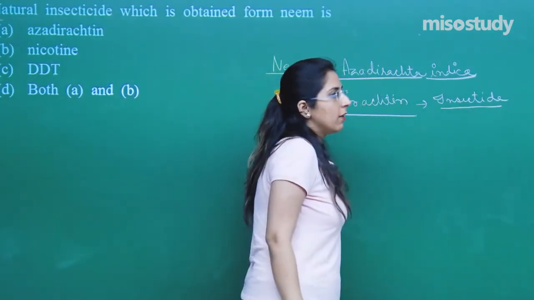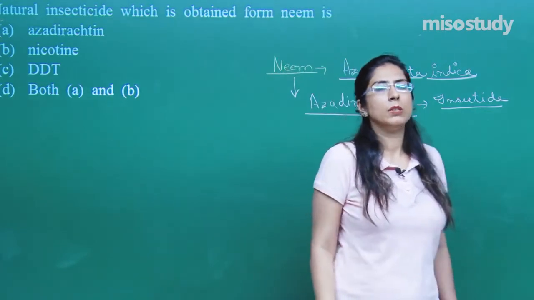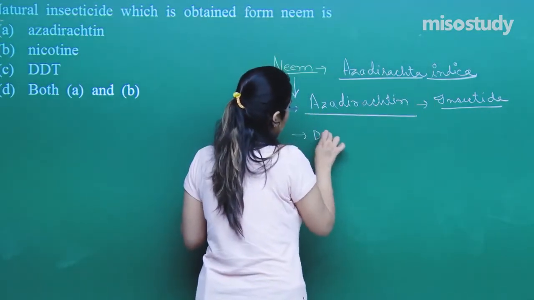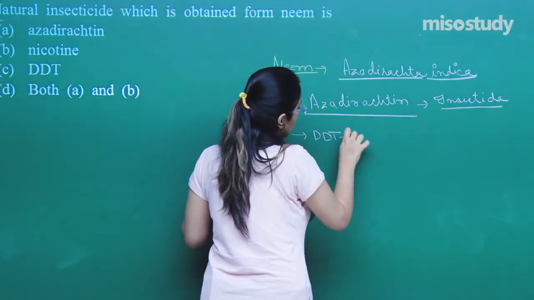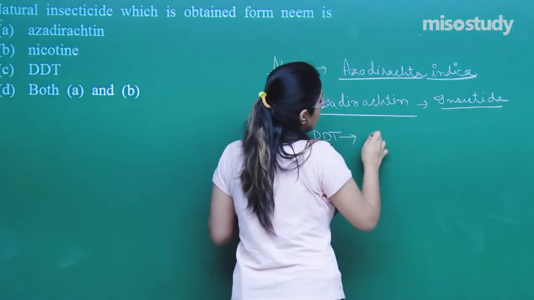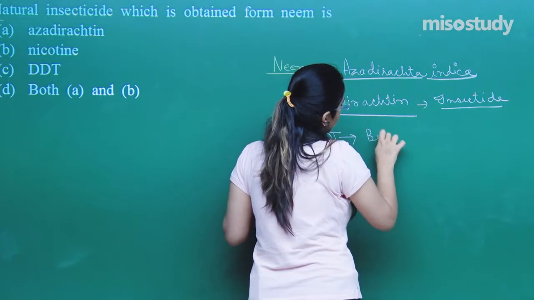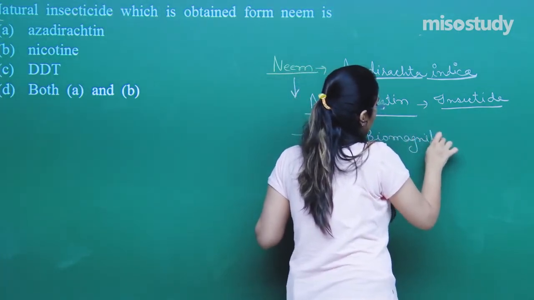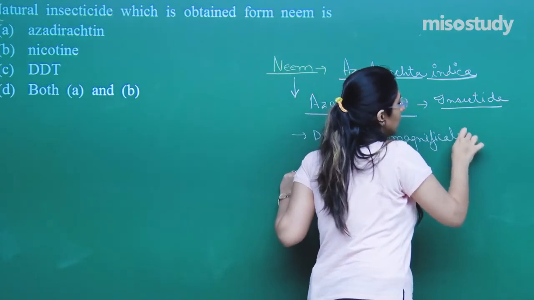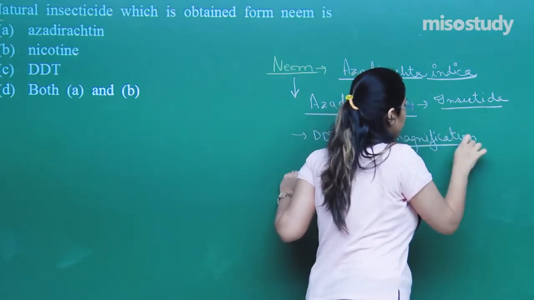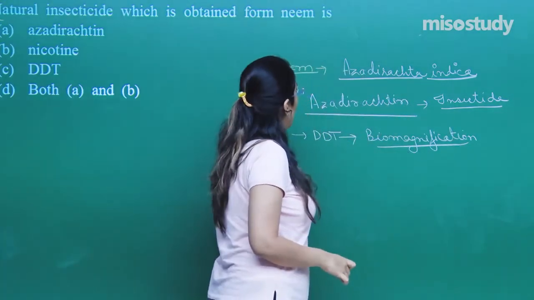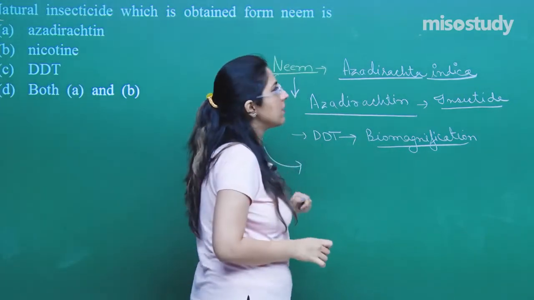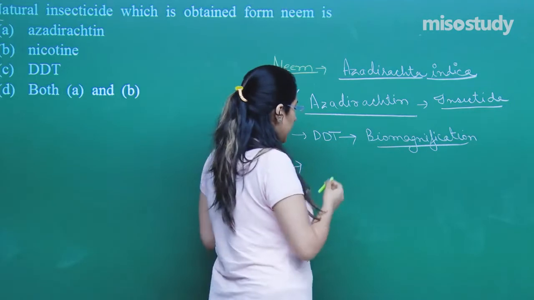Now, whenever we talk about some organic chemicals like DDT, we know that the problem associated with DDT is that it causes biomagnification. That means from one trophic level to another, the concentration is increasing. That is the major problem. But the major reason we are moving towards neem, Azadirachta indica, is that this